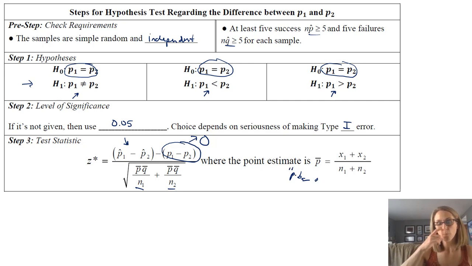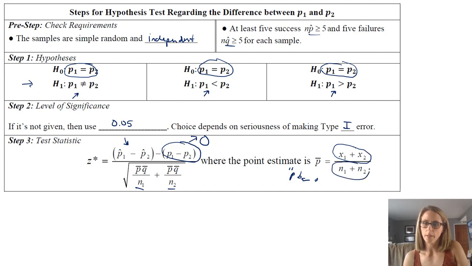And it's the idea of pooling, P-O-O-L-I-N-G, the data together. And again, it's part of the test statistic. It is not something we made up, but some very intelligent statistician determined that this is what is needed. So you can see it's just combining the two proportions, adding the two numerators together, and dividing that by the addition of the two denominators, your sample sizes.